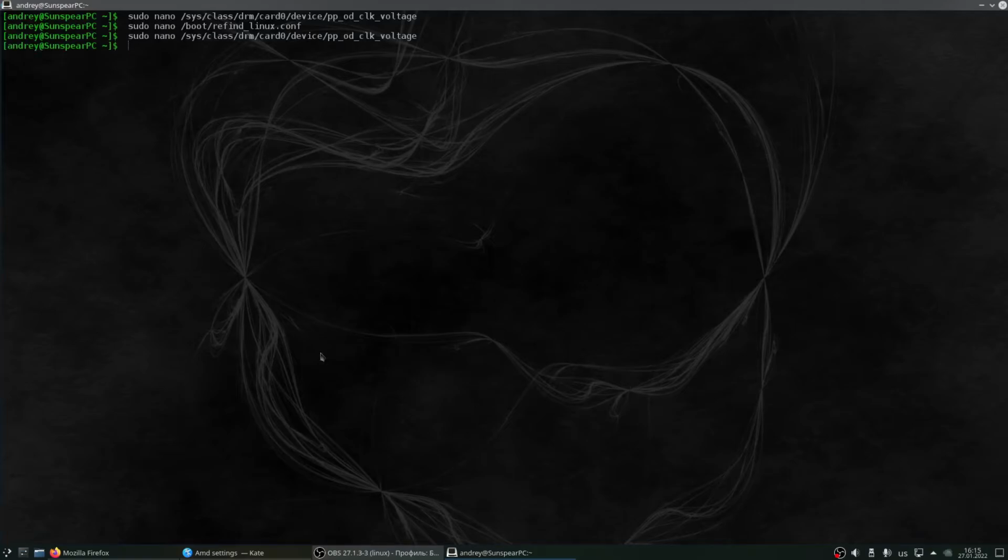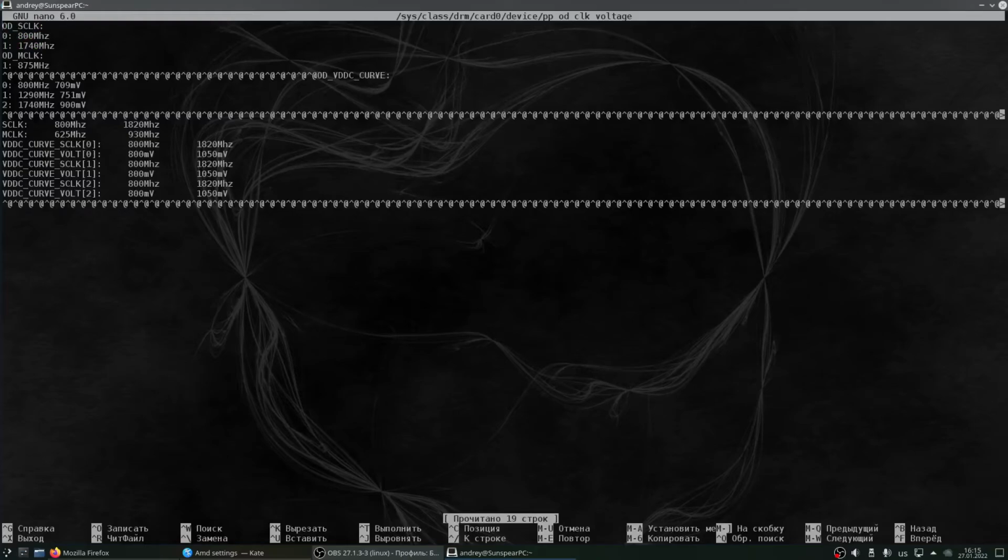After this, if you again open the file with settings of your GPU card, you'll see something like that. So in the first section, the SCLK is the minimum and maximum frequency of your video card. Next, it's the memory frequency, and after that are the P-states, similar to what I have shown in Windows: 0, 1, and 2.